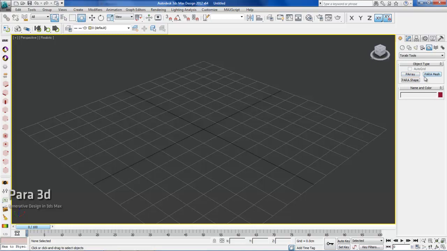These are helper objects, and when you create a new Para3d node, 3D Max instantiates a new instance of these helpers and adds it to your Max scene. So every time you save your scene, the Para3d nodes will also be saved into your scene file. In order to create these, you can either do it directly from the create tab panel, which I don't recommend, or you can come over to these toolbars